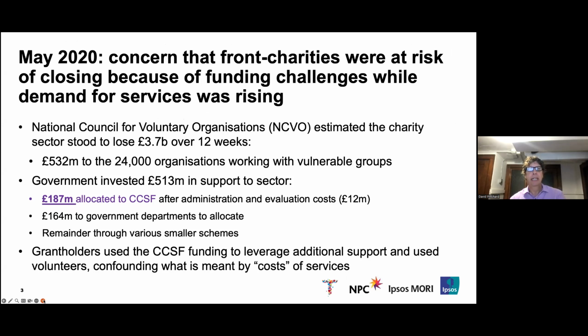So the NCVO estimated that the charity sector was going to lose 3.7 billion over 12 weeks. And in response, the government put together a package of funding to support the charity sector through this transitionary period, of which 187 million